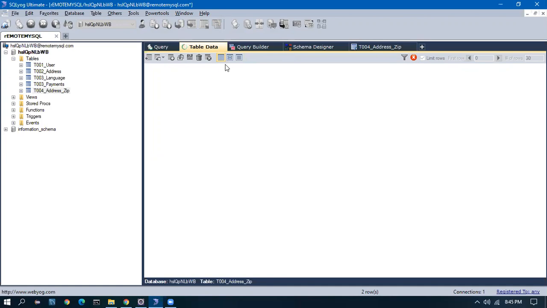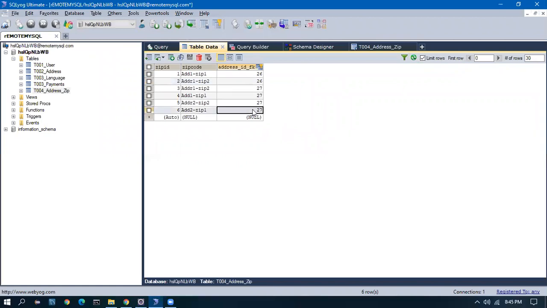He can insert into address, but the address zip table will come as null. This foreign key in the address zip will be null. He'll be wondering why this column comes as null. Because the select would have been wrong, or there might be something else. So there are lots of errors. I faced these things before Hibernate, when I used to write in JDBC only. That is why I tell what the difference is.